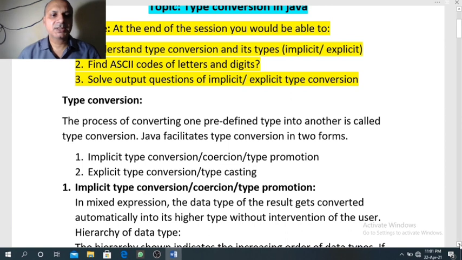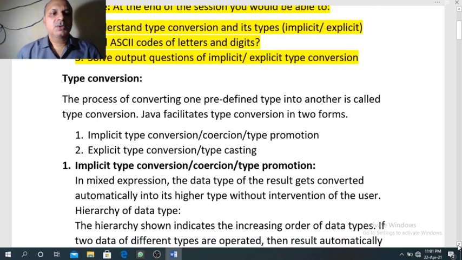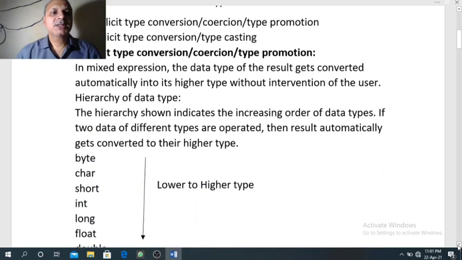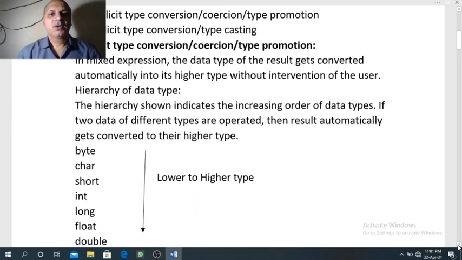First one is implicit. It is also known as type promotion or coercion. Second type of type conversion is explicit conversion or type casting. So starting with the first one, that is implicit type conversion or type promotion.